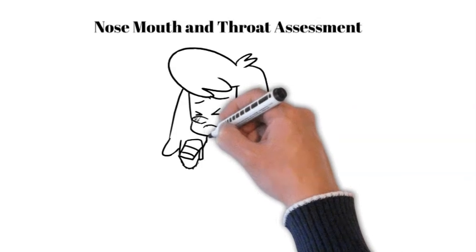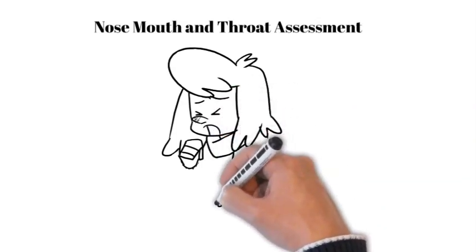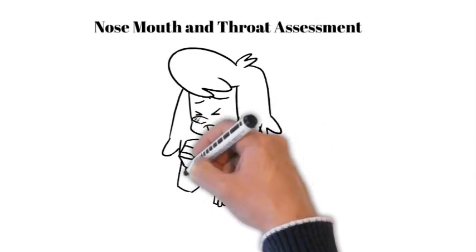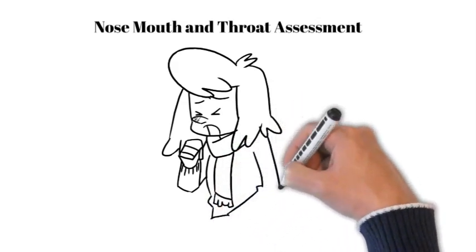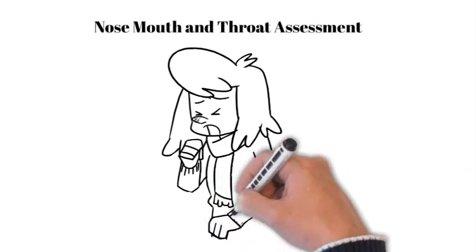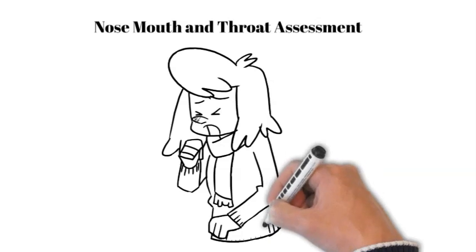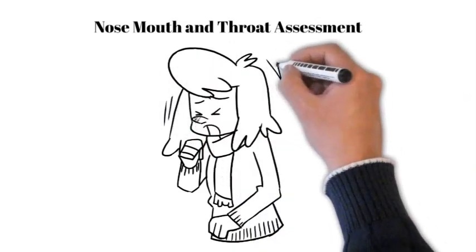Nose: inspecting the external nose for deformities, palpating the sinuses for tenderness, and assessing for nasal discharge, congestion, and epistaxis. Mouth and throat: inspecting the mouth and throat for abnormalities, assessing for tonsillar enlargement, and assessing for pharyngeal inflammation. The assessment also includes checking the uvula's position and movement, inspecting the vocal cords for dysphonia, and assessing for